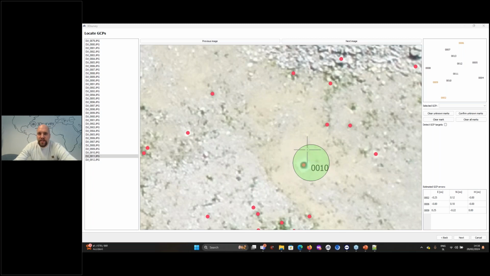Now in the next step, the software will go and it will search inside of this circle for the center of the black dot. So if I used an RTK drone like Mavic 3E, the marking of the 3 initial ground control points would not be necessary, because this would already line up automatically. Now we just press next.